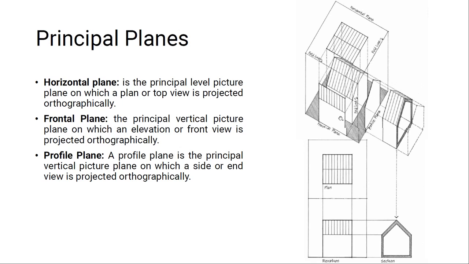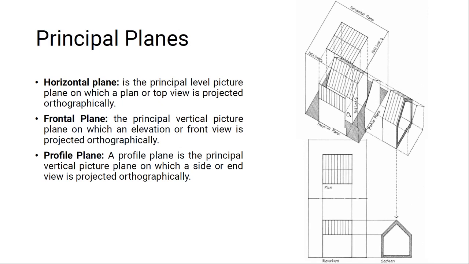And the reason we're calling them planes is because you're going to start noticing that they go into a 2D type of drawing. Here we have a 3D object, a 3D building, but when we come to plane, it becomes two-dimensional. So again, we're going to go with the profile, which is the principal vertical. We have the frontal, which is the principal vertical plane and the front view, and then